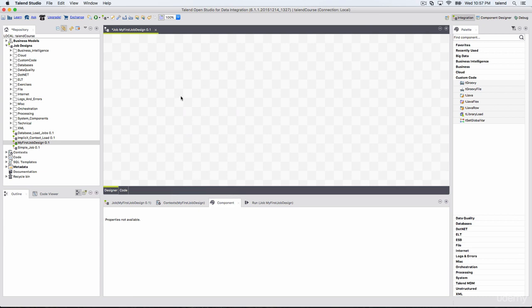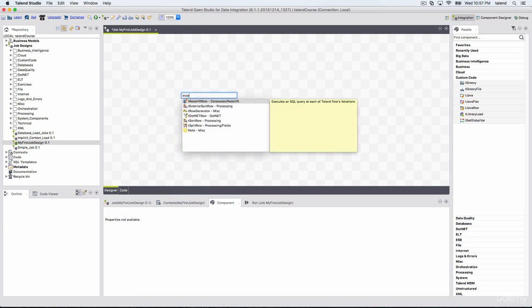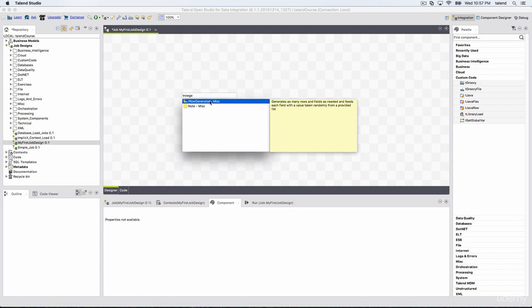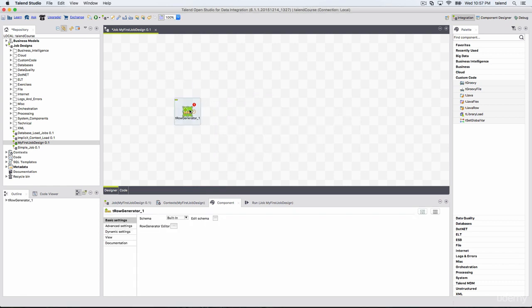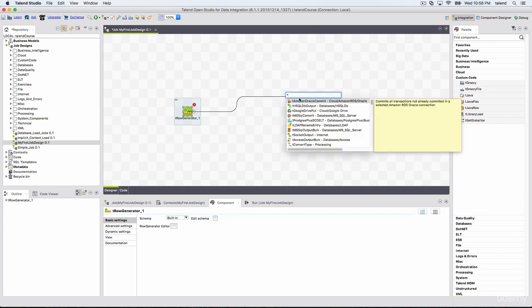Let me have this. So if I want to add another component, the best method I think is drag and drop.